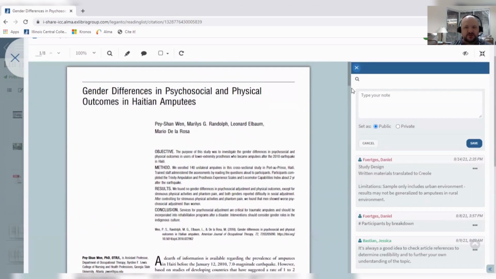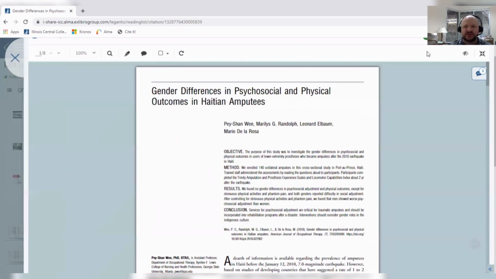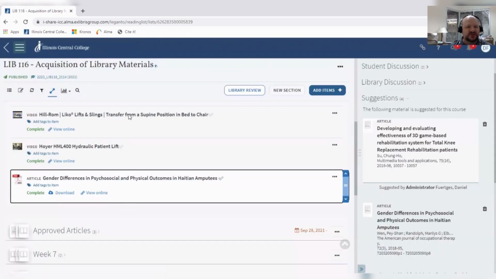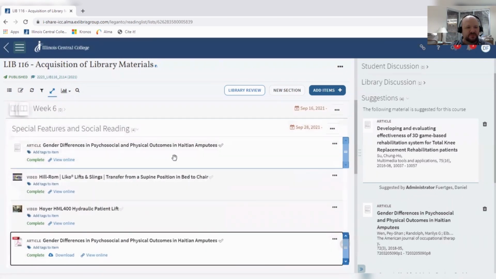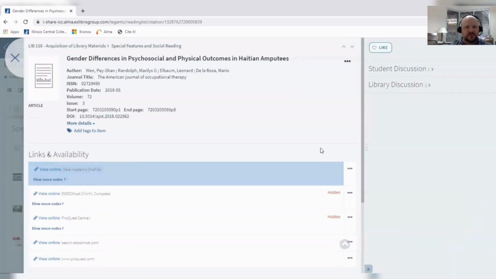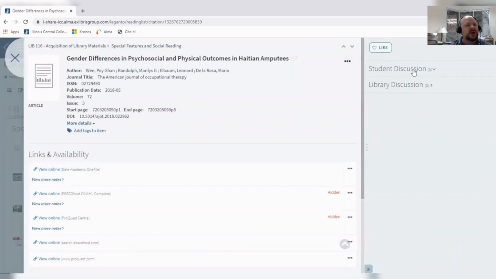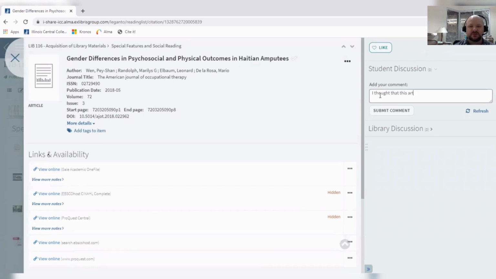So that is what the annotating features allow you to do. You can highlight and make comments, but there is also a built-in feature in the reading lists, which is the discussion feature. So for example, you can require a reading and require that students post a comment on the reading. So they could say, I thought that this article was